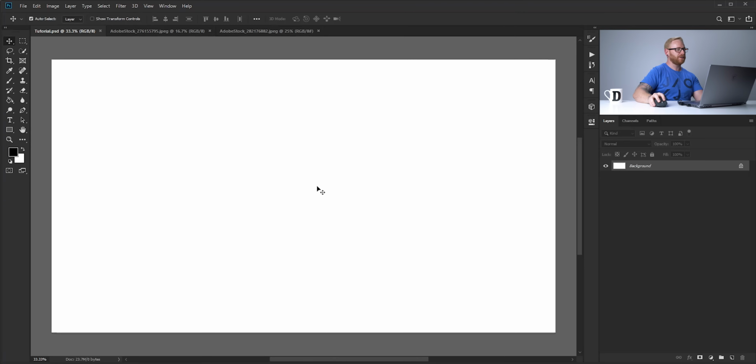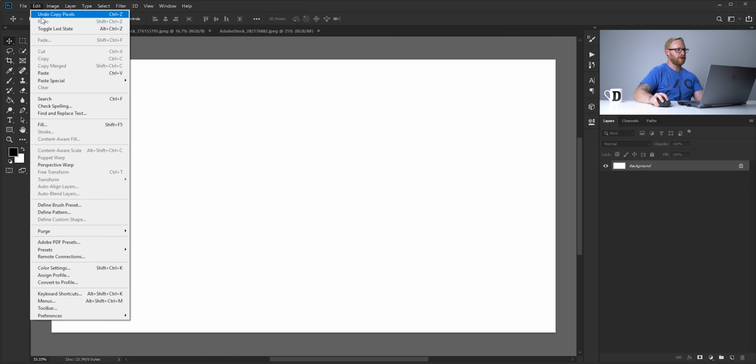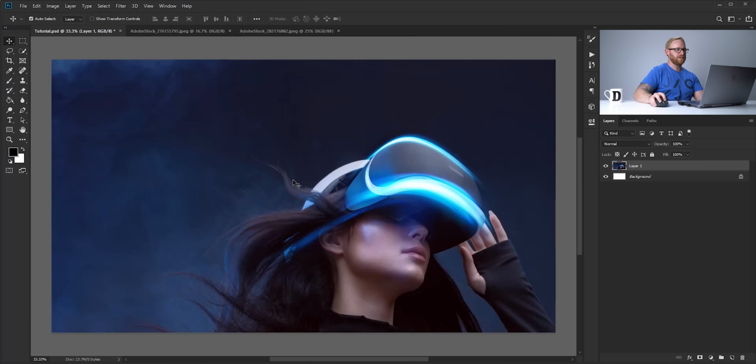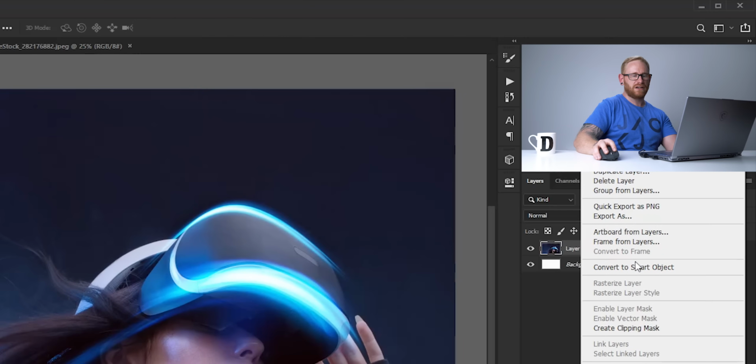Okay, so new document, check. I'm going to go up here and I've got my image of a subject. And if I go up to select, down to all, edit and copy, it's going to copy this to the clipboard. And if I jump back to my main document, I can paste this in. And you can see it's absolutely massive. Now the first thing I'm going to do before I do anything is right click this and select Convert to